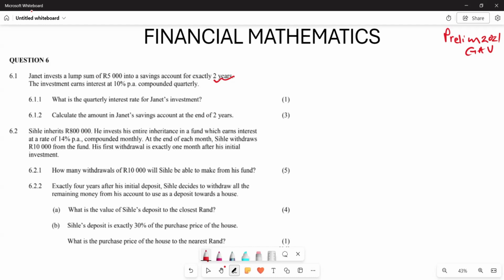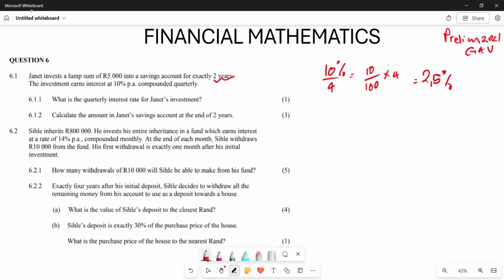So you can simply say the 10% is going to be earned quarterly altogether, right? So basically, this is the same as 10 over 100 divided by 4. And the answer that you're going to get here is going to be 2.5%, which means